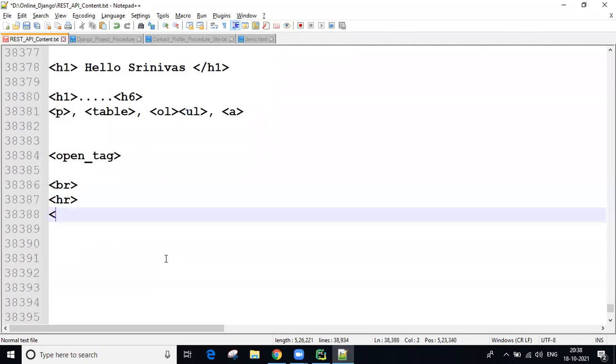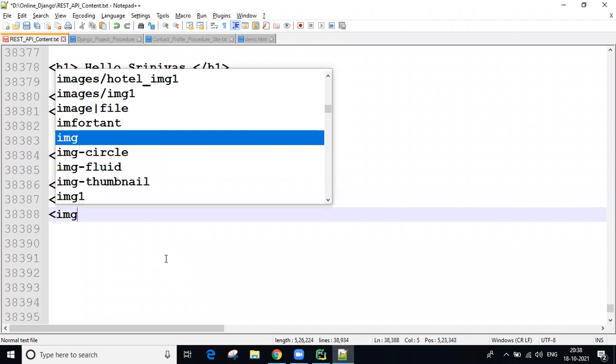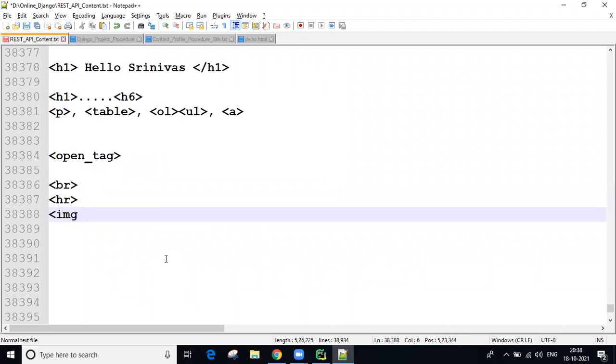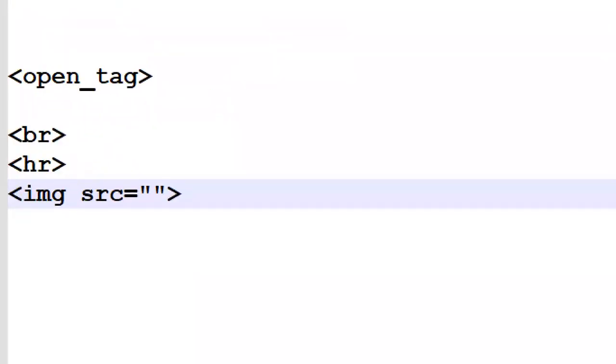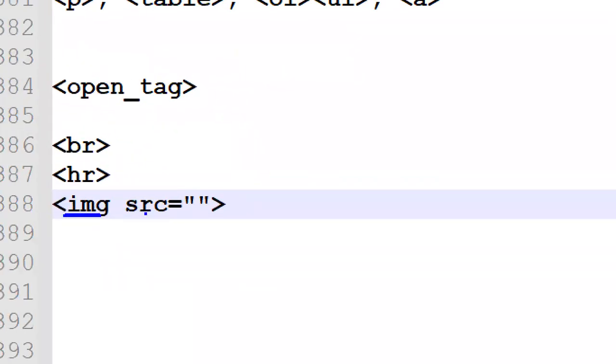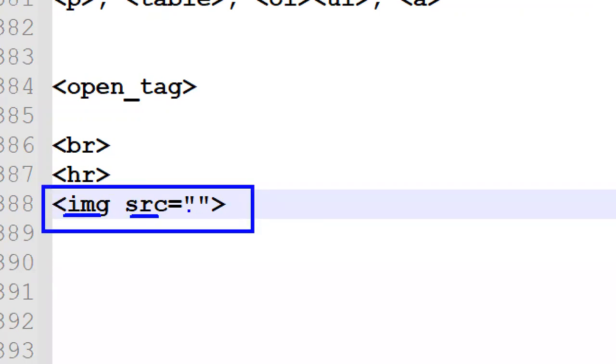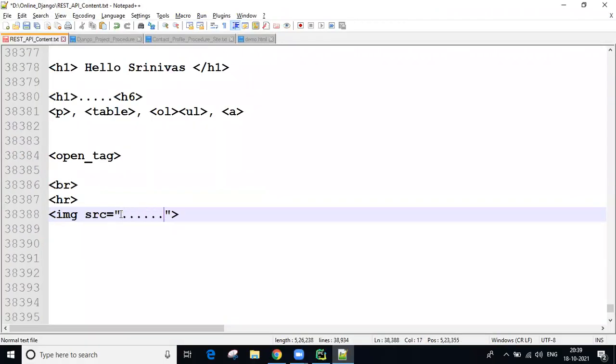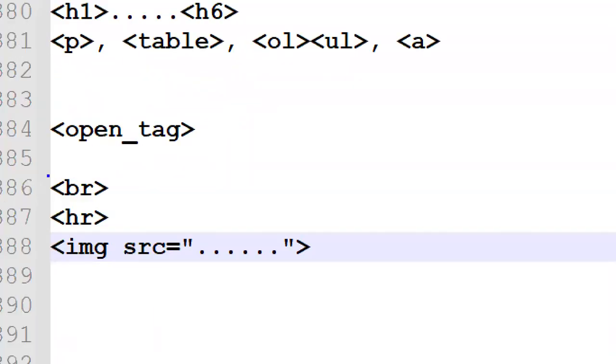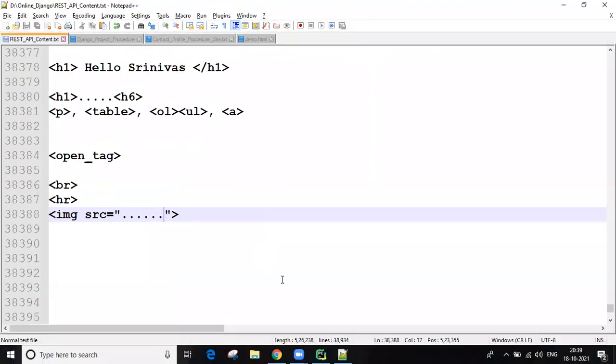And in a coming session you will get the image tag, guys. If you want to display images in your web page, we use the img tag. img src equal to, and just this is enough. No close tag, no image close tag. Only src is mandatory. Images we will discuss separately, don't worry. Here you give your image path, where your image is available. So these tags require only an open tag, no close tag. These we call unpaired tags.